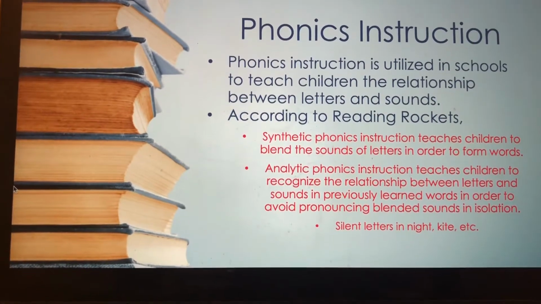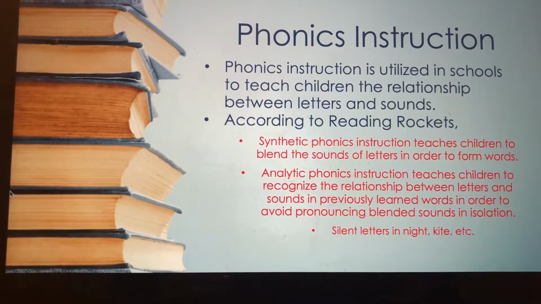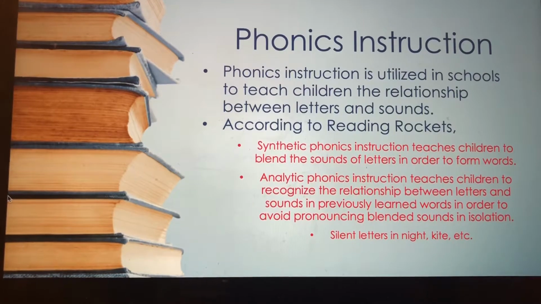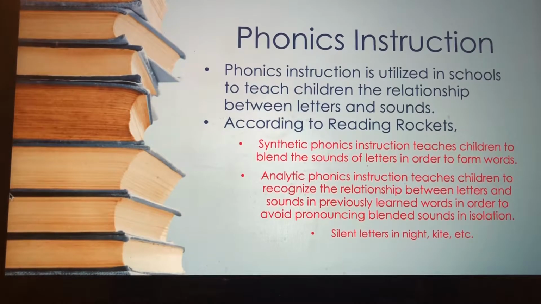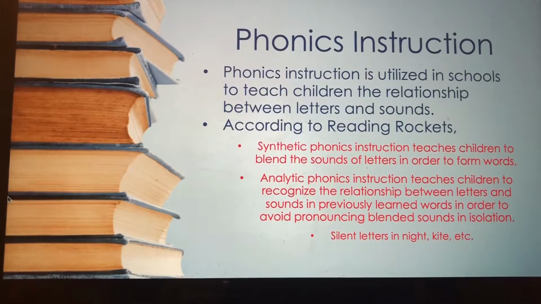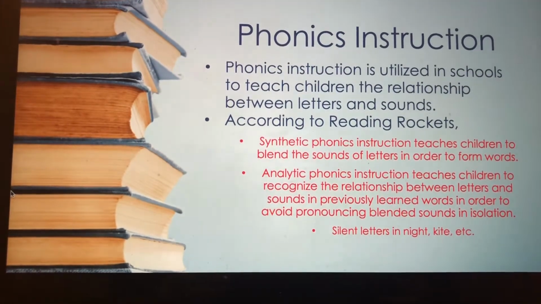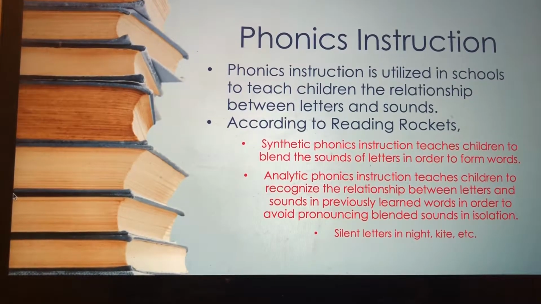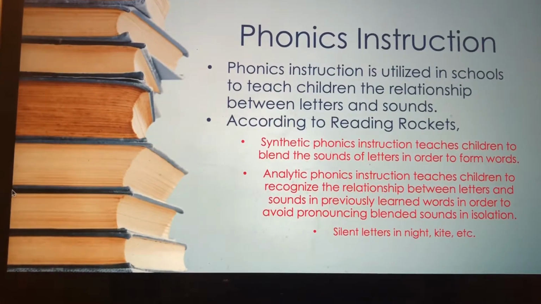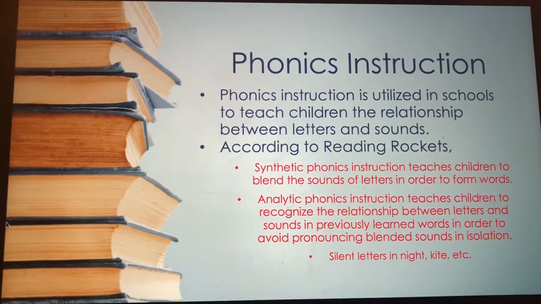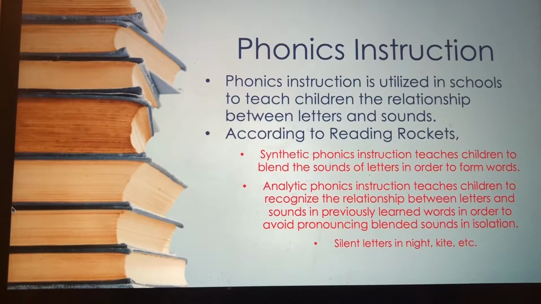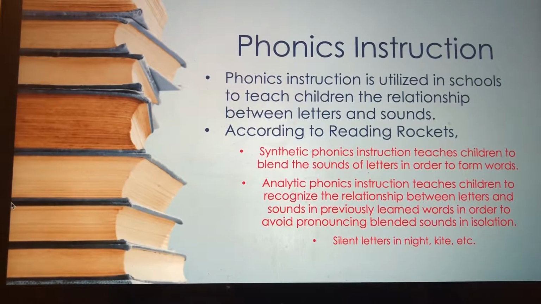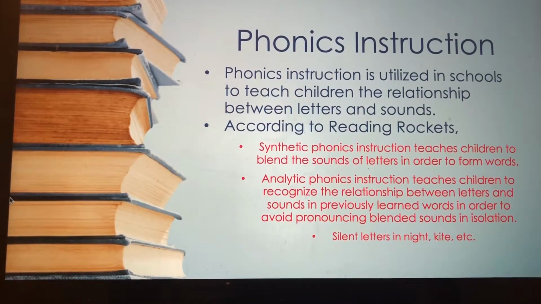On the other hand, analytic phonics instruction teaches children to recognize the relationship between letters and sounds in previously learned words in order to avoid pronouncing blended sounds in isolation. An example of this would be the silent letters in the words night, kite, etc. They will also be able to recognize that and be able to come up with different words that have the same ending sound. For example, they will be given the word bed and they will say, oh, well, red rhymes with bed, and they are similar because they both have the same ending sound,